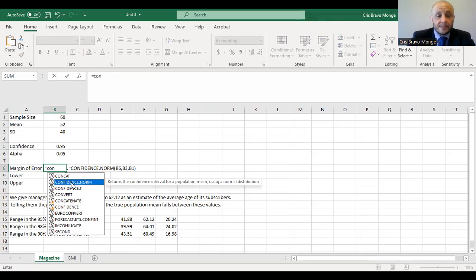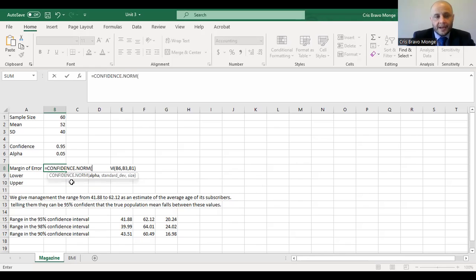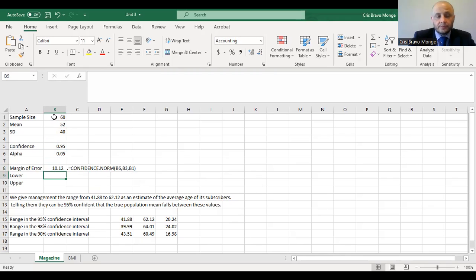The description is, returns the confidence interval for a population mean using a normal distribution. It asks for the alpha. You can either input it or put a reference cell. 0.05, because they want 95% confidence. They need the standard deviation of 40, and then the sample size of 60. $10.12. That is the value that we're going to either subtract or add to our mean in order to build